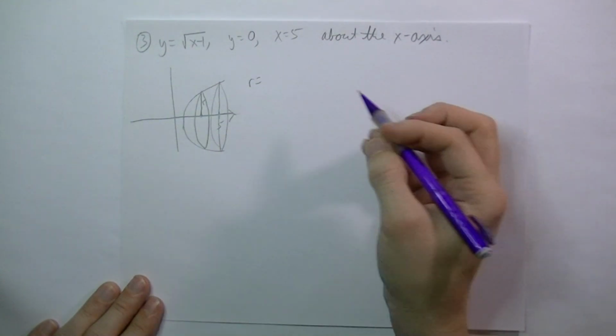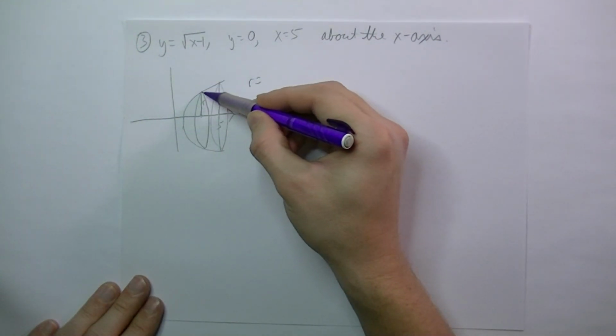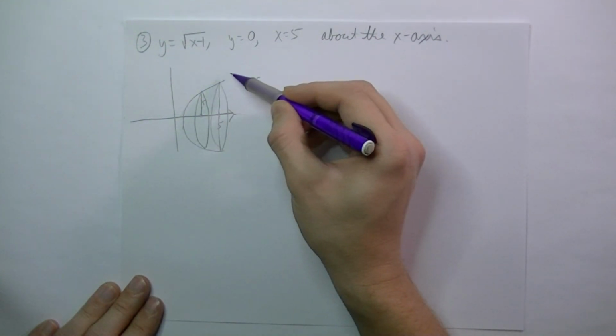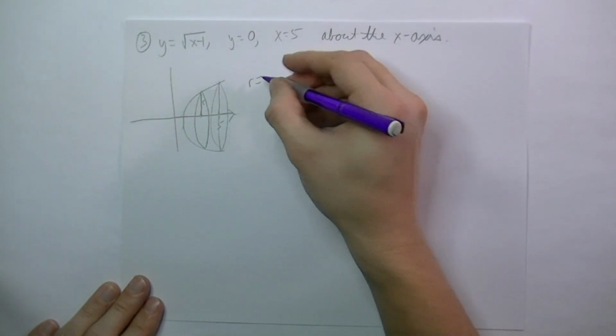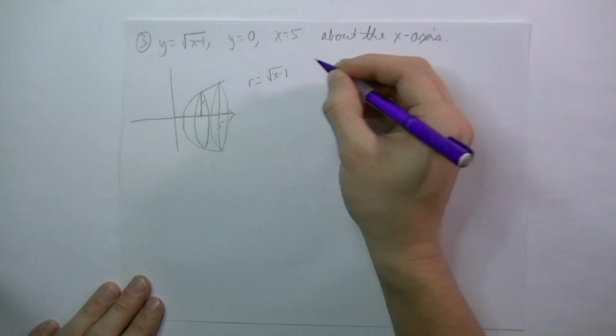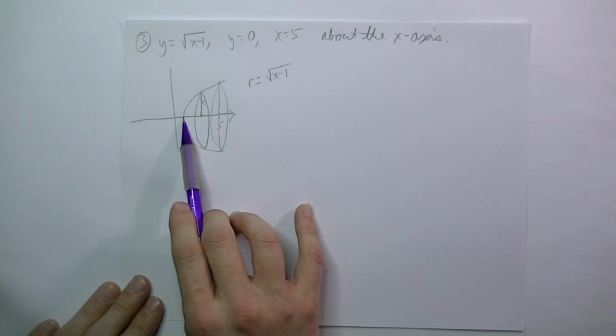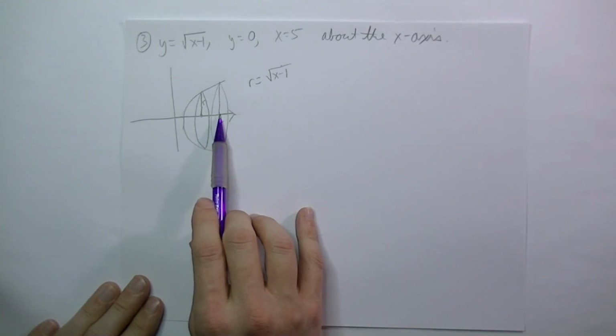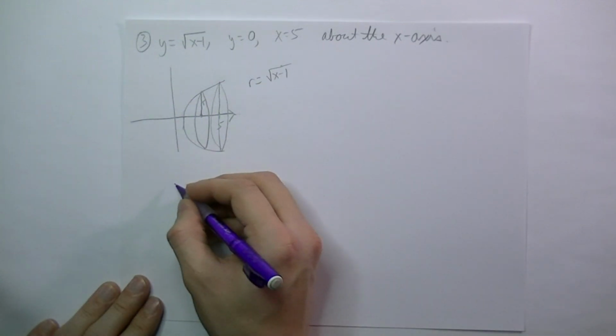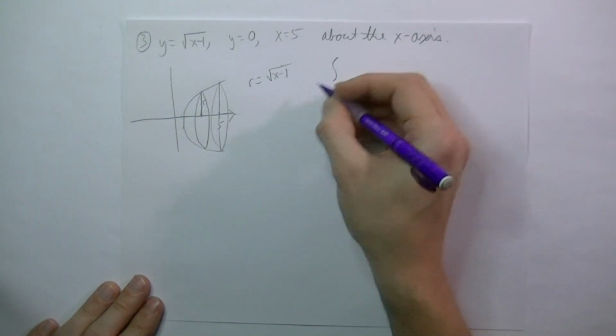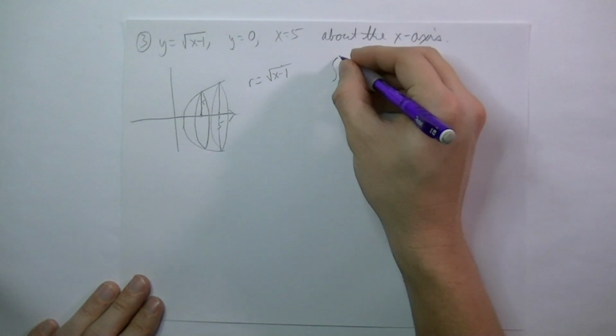Okay, that radius is the value of this function, which is square root of x minus 1. Okay, and we're going to start our integration at the left here at 1, and we're going to end at 5. So we need to integrate from 1 to 5,